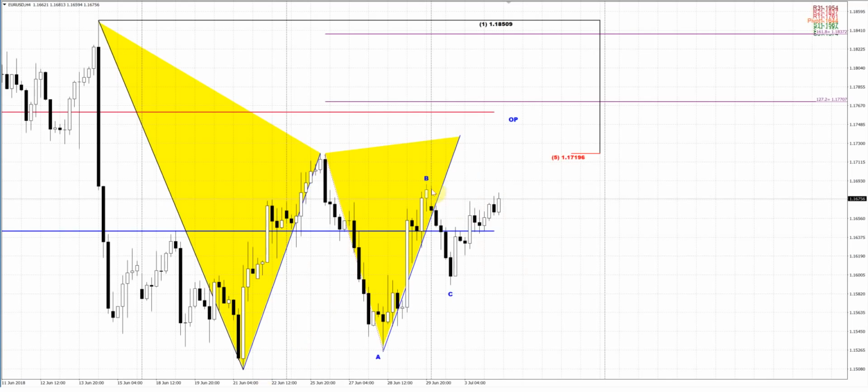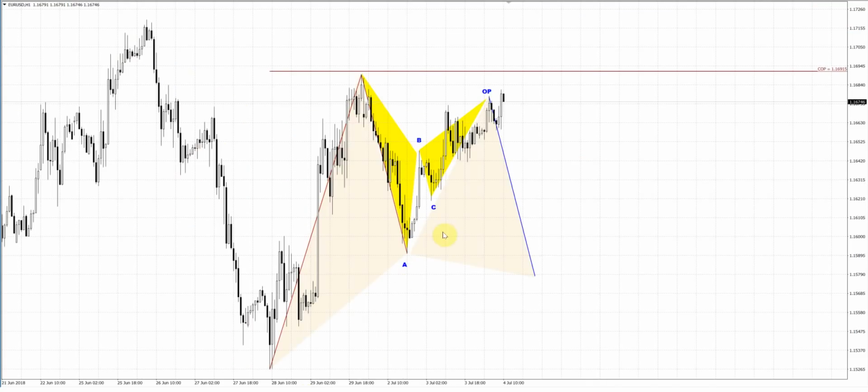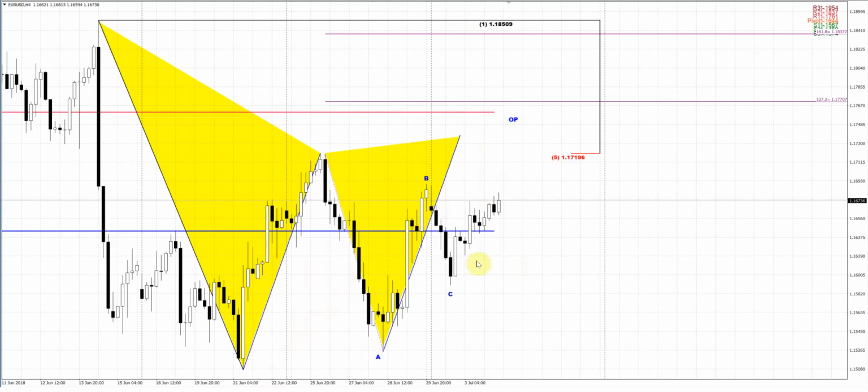If market somehow will take out this B point, in this case probably it will mean that upward action will continue here. But be aware of using the stop long entry orders, because we have the COP slightly above this stop. It could happen the market could hit COP and then turn down. So it's a bit tricky moment right now with all these patterns that we have in place. But in general, despite how this will happen,